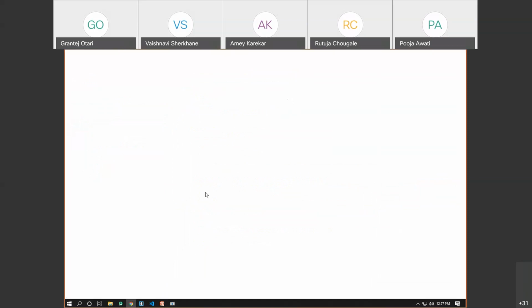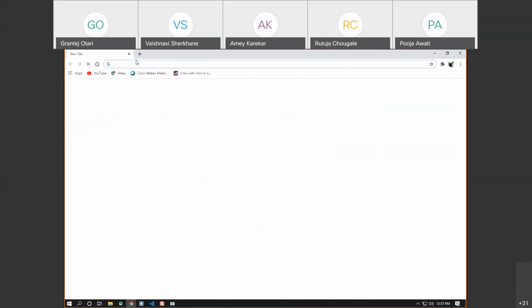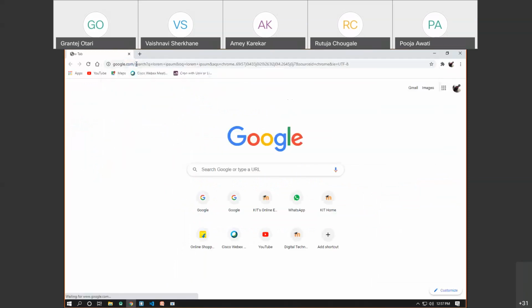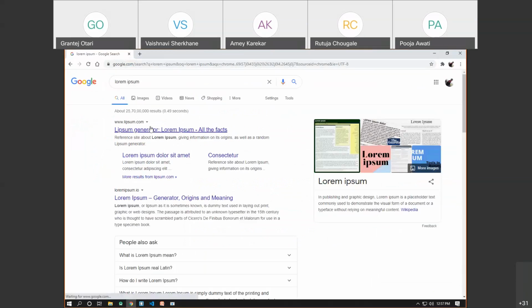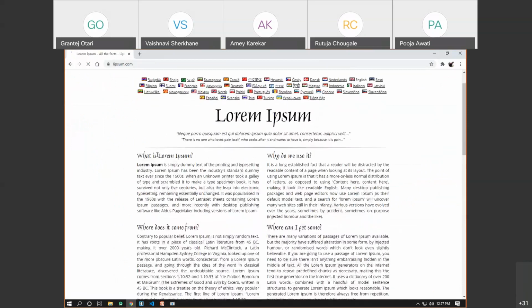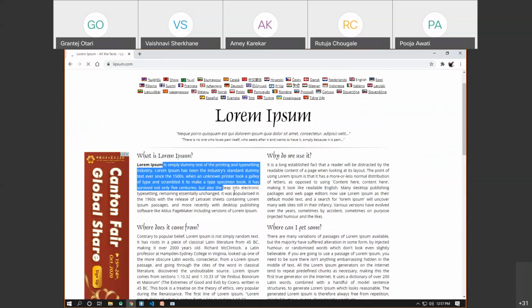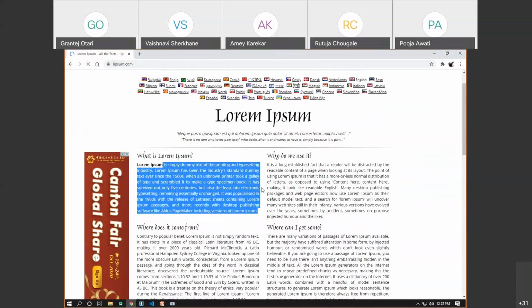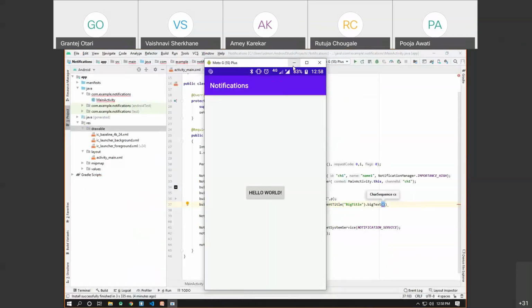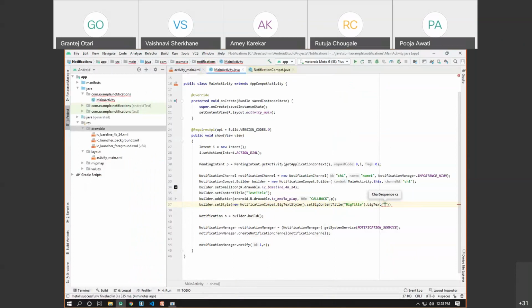Let me open Chrome first of all, and just type lorem ipsum, which is a text that we use for every application development. I'll simply go here and copy this lorem ipsum, and I'll paste it here. We'll close the browser now, and I'll save this here.